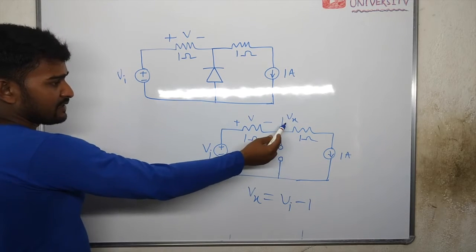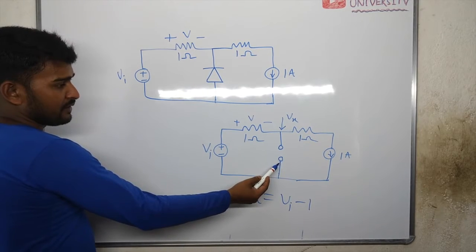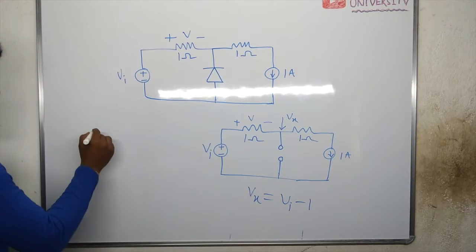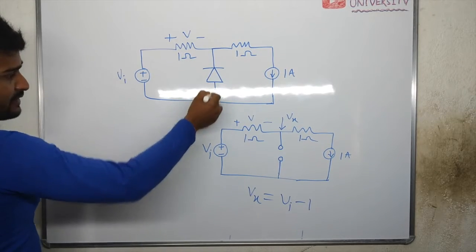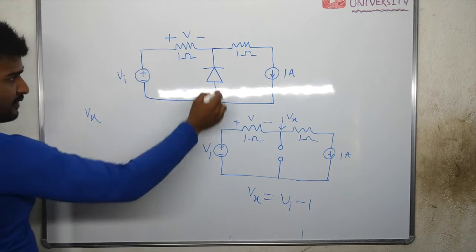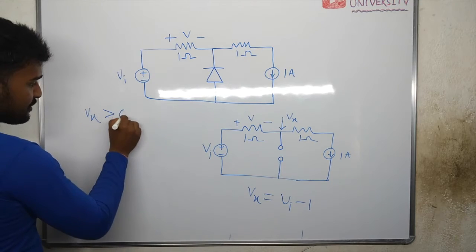By looking at this side, voltage is Vx and this side voltage is 0 volt. If this side voltage is greater than this side voltage, then this diode will be off. So if Vx is greater than 0 volt,